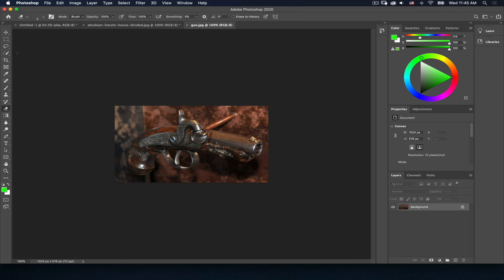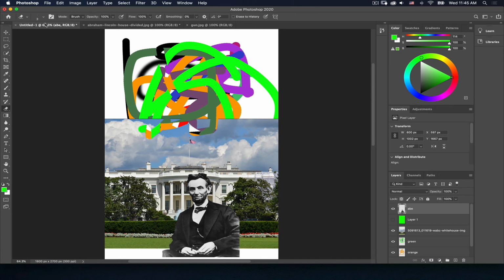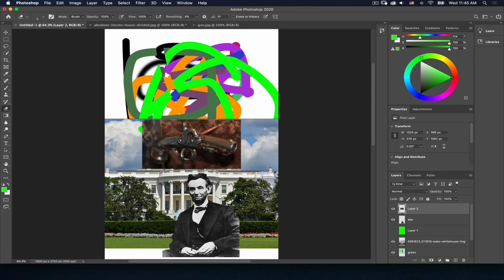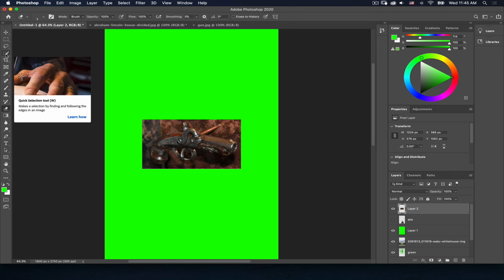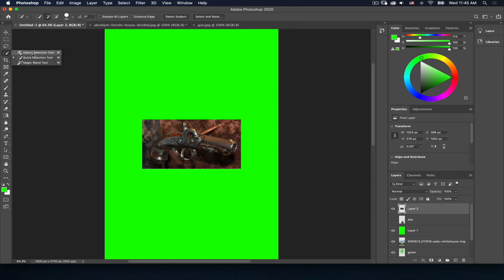Moving over to the gun document here. I'm going to select all, which is Command or Control A. I'm going to just copy that, jump over to our main document. I will choose paste, which puts that in. I'm going to turn on the background so we can better see what's going to happen. Now this time, I'm going to take a look at the object selection tool, and I'm going to drag around the gun and select it,